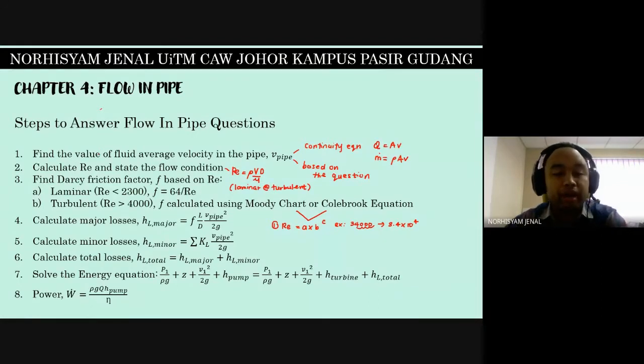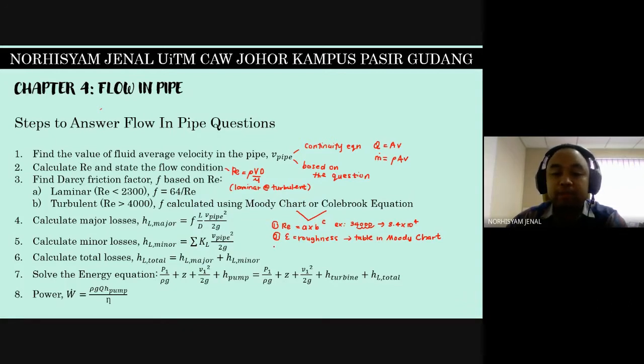Okay, and if you have the Colebrook equation or Moody chart, number 2, what you need to find out is the roughness. And the roughness comes from the table in Moody chart. So the table that we are using right now is the same table that we are going to use in the final test or in your assignments.